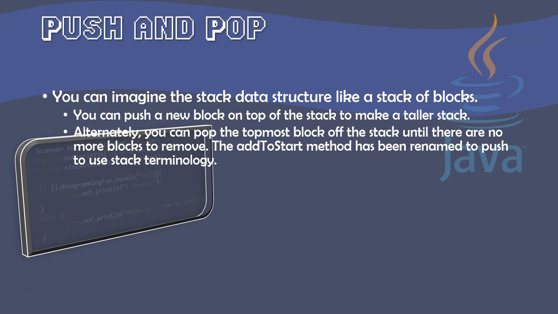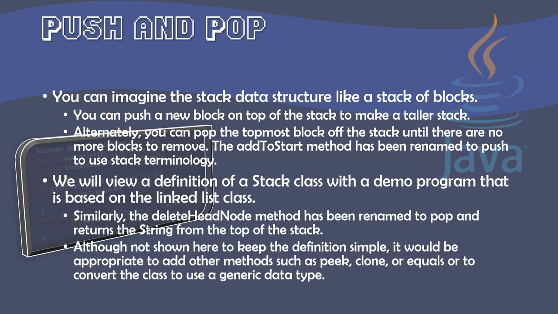And the way we do this is with the add to start method. We have been renaming this to better reflect the stack terminology. Now, we will view a definition in a moment of a stack class with a demo program that is based upon our linked list class. Similarly, the delete head node method has been renamed to pop and returns a string from the top of the stack. Although not shown right now to keep our method simple, it would be appropriate to add other methods such as peek, clone, equals, and so on